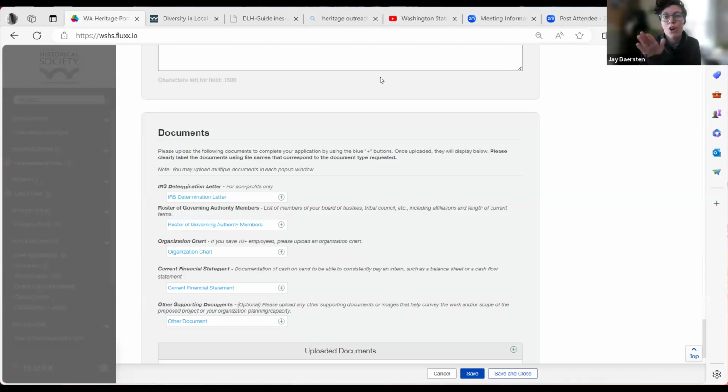And then when you're all done, you have to be sure to hit submit. The button to go into edit mode is in the upper right, and it's not showing here because she's in edit mode. And then in the bottom right, you can see the option buttons, the cancel, save and close. So when you're just in view and no longer editing, it'll have a submit button there. Just be sure that when you're all done, you actually hit submit, because then it will come to us instead of just being saved in your account.